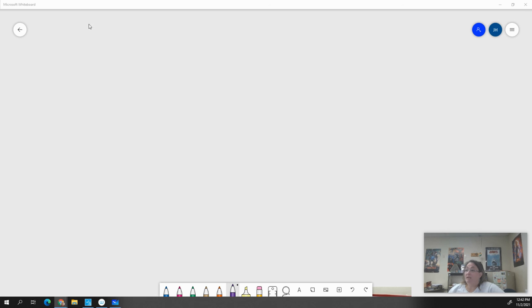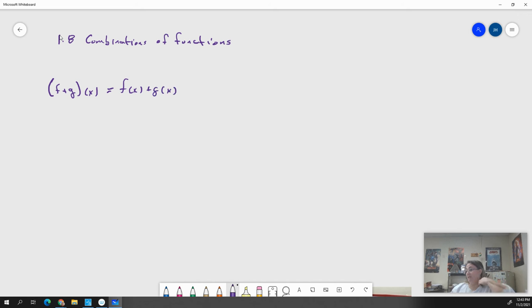We are continuing section 1.8, which was the combination of functions. We talked about adding, when we had f plus g of x, and it could be rewritten as f of x plus g of x. We did it with addition, subtraction, and multiplication, but we hadn't yet gotten to division. So we are going to start with division, or quotient,